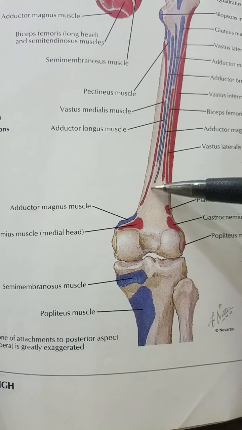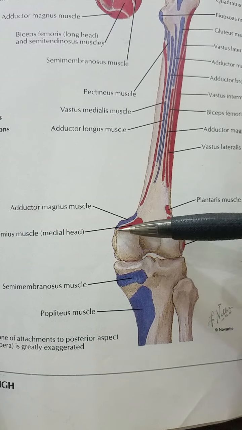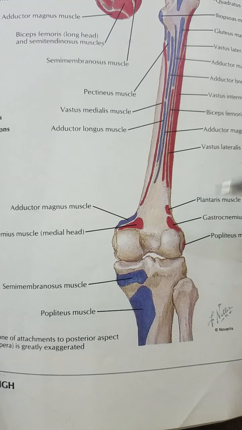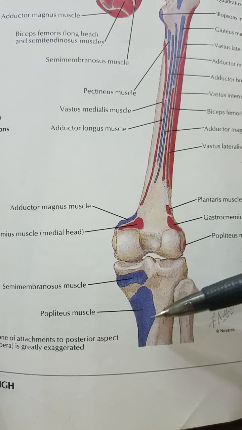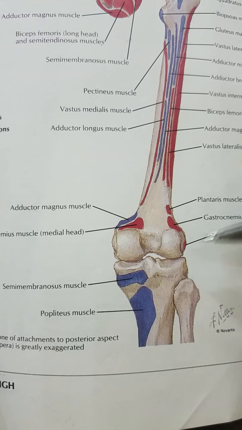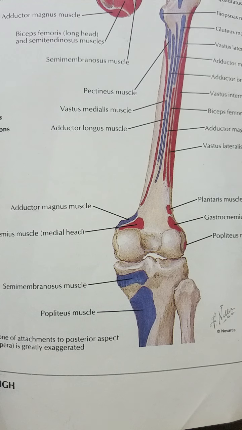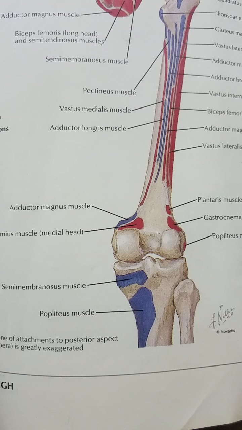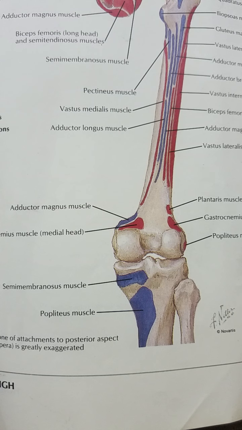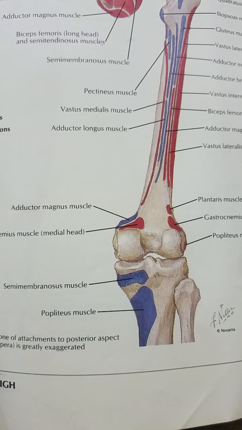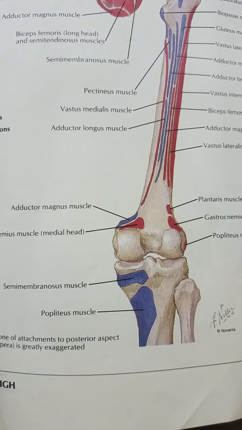Now when it comes to the deep boundaries, moving on from the superior aspect to the inferior aspect, the supralateral and supramedial boundaries will be formed by the two supracondylar ridges of the femur, right? The inferior boundary is formed by the soleal line. The soleal line is a ridge on the posterior aspect of the tibia, and we of course are going to talk about it when we proceed to study the tibia in detail. But for now it's important to know that the inferior boundary of the popliteal fossa is formed by the soleal line on the tibia. This is the line where a muscle known as the soleus muscle is attached.